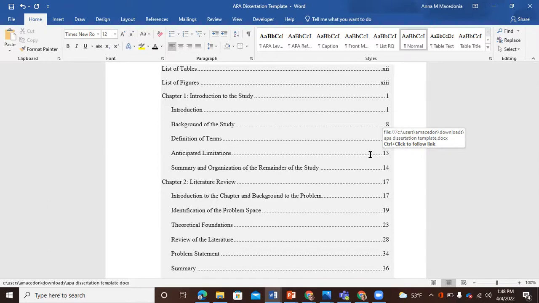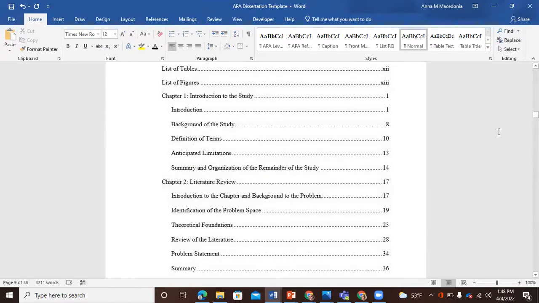And you see that there are headings that are already completed for you here. You are able to change this in terms of adding your own headings that make sense to you. But again, this is just a skeleton in order to really just help offer the basic information that you